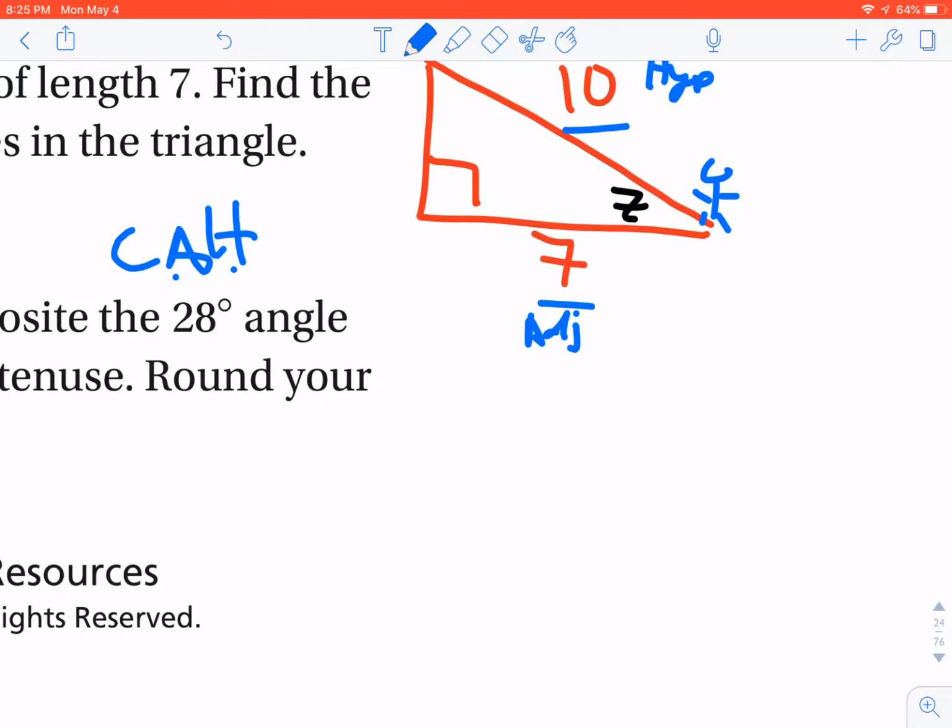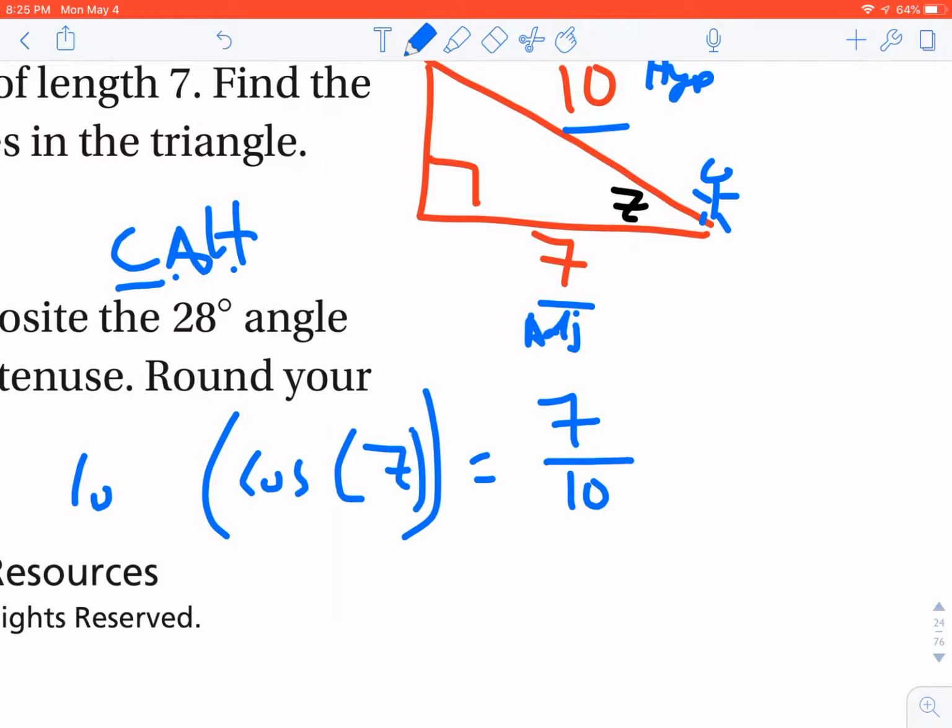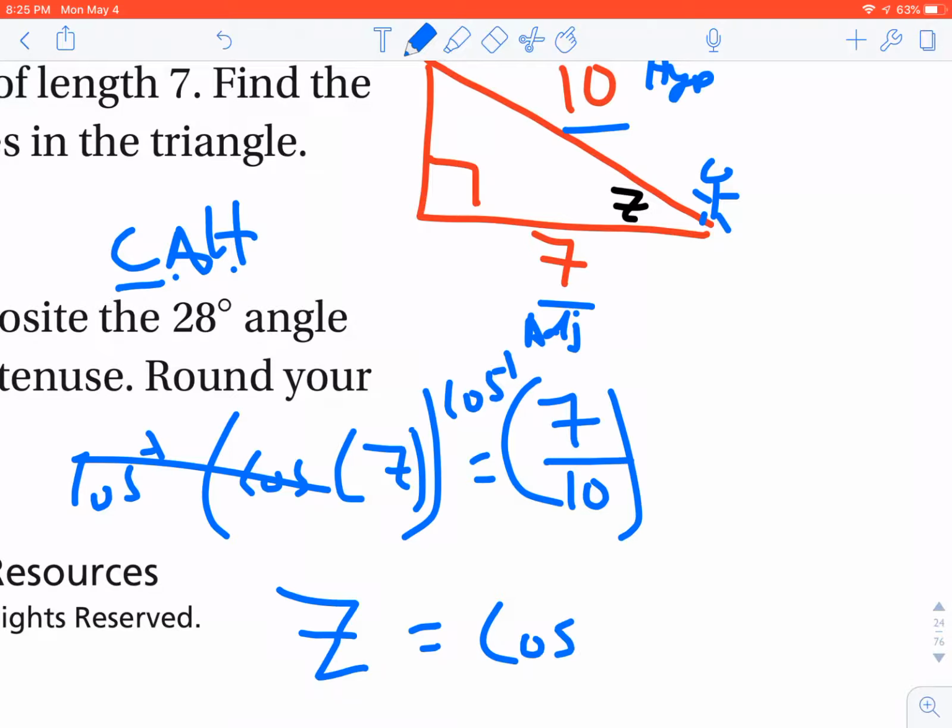So adjacent and hypotenuse tells me cosine, so the cosine of z is equal to adjacent 7 over hypotenuse 10. Let's back up a minute: take the cosine inverse of both sides. Those cancel. Z is equal to cosine inverse of 7 over 10. So in your calculator, hit second cosine, 7 divided by 10, and that gives you,